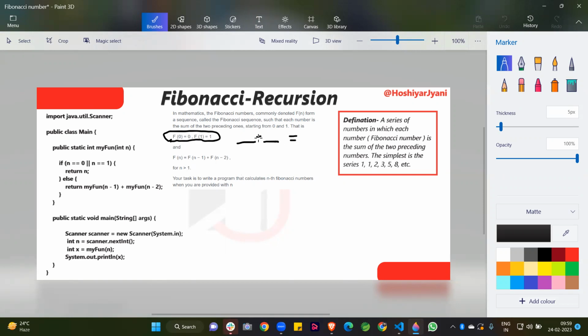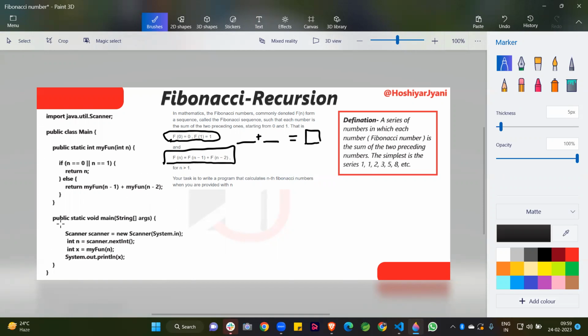After getting the sum of the last two numbers, we get the third number. In this formula, Fn is the sum of the last two numbers, Fn minus 1 and Fn minus 2. So we use this formula in our whole code.